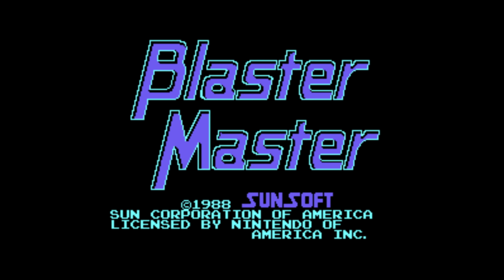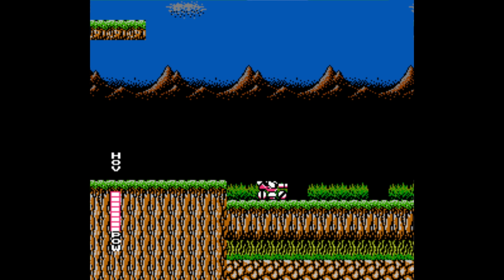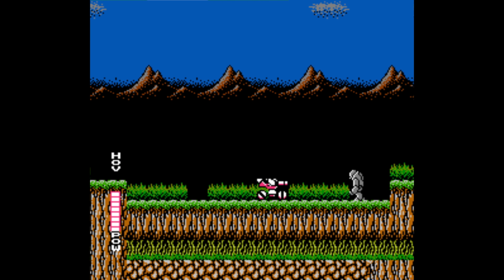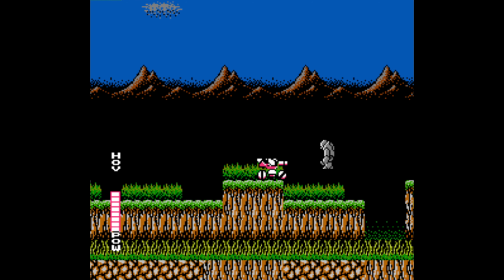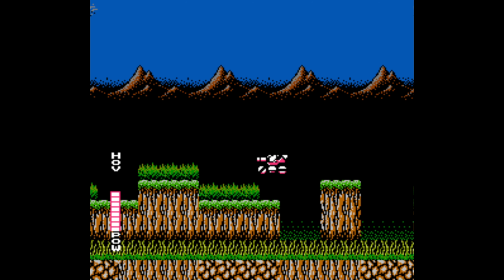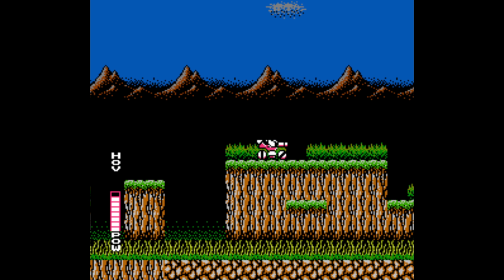You're chasing your huge frog, I guess. And I guess this huge tunnel here is made by the frog. And then there's all these monsters that you come and fire at. And I don't really understand how the game worked that way,